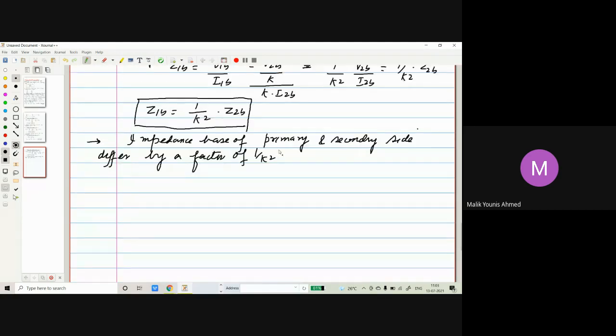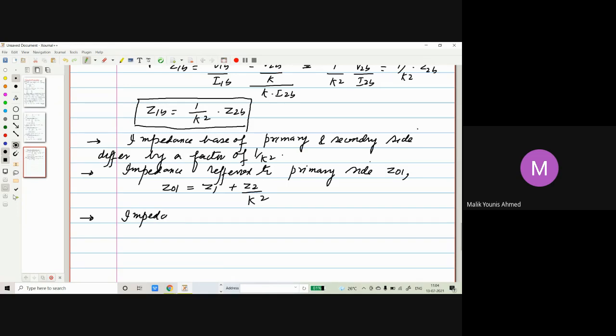Now moving further, impedance referred to primary side. Machines, you have studied it, I'm just repeating it again. Primary side, let us call it Z01. That Z01, because it's a primary side, will be Z1 itself, and Z2 will be divided by the transformation ratio, that is K square. Okay, this is one.